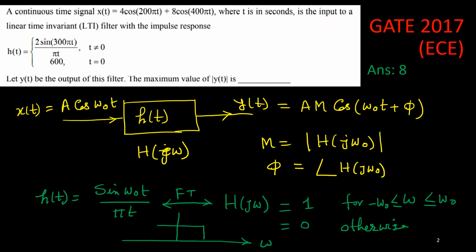Okay, so you will see this shape if I draw versus this omega, it will look like this. So this is your omega naught, this is your minus omega naught, and this magnitude is 1. So this is your H(j omega). So if this is sine omega naught t upon pi t, but here be careful. So here 2 is multiplied, that we should note down. Because of this the amplitude should become 2, right? So that we will consider.